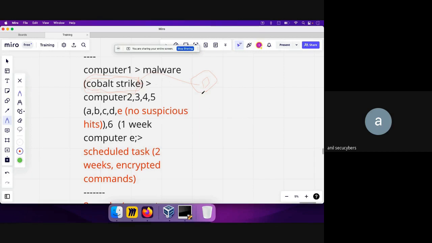So we were quickly able to figure out that this person is not a sophisticated attacker. He has just got hold of this Cobalt Strike malware, and that's how he is able to laterally traverse over all the systems. The other thing is why we were able to figure out that we are not dealing with any